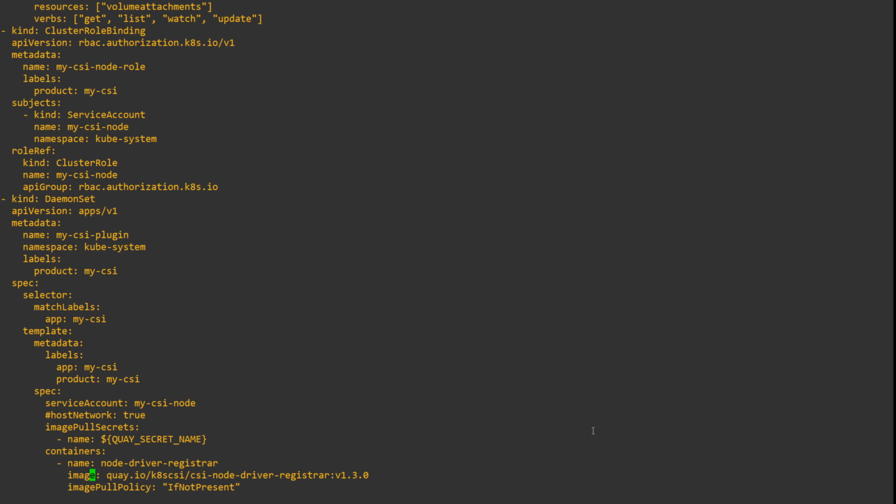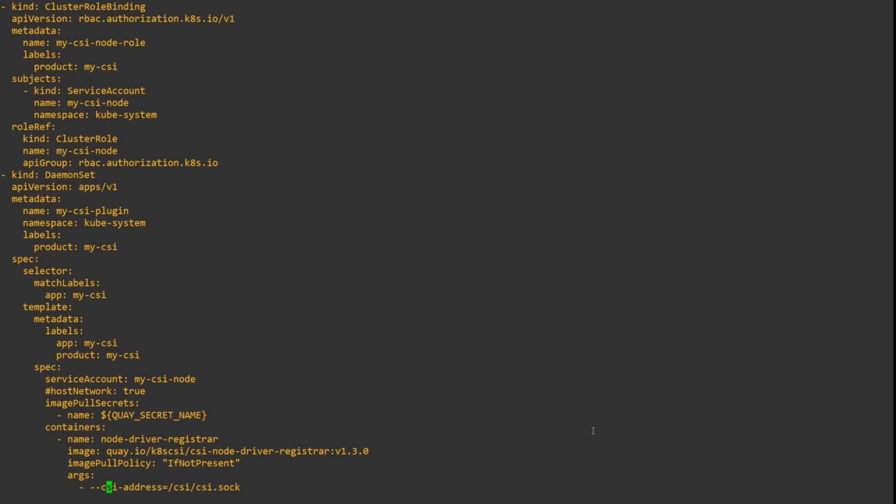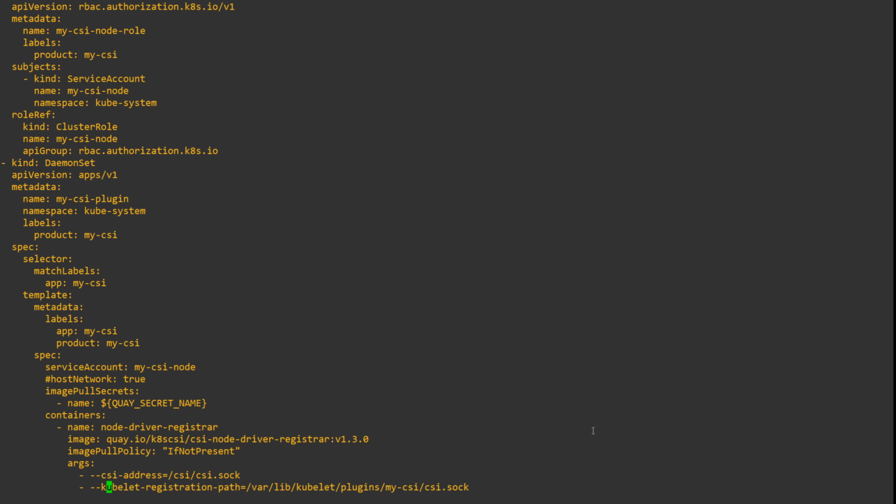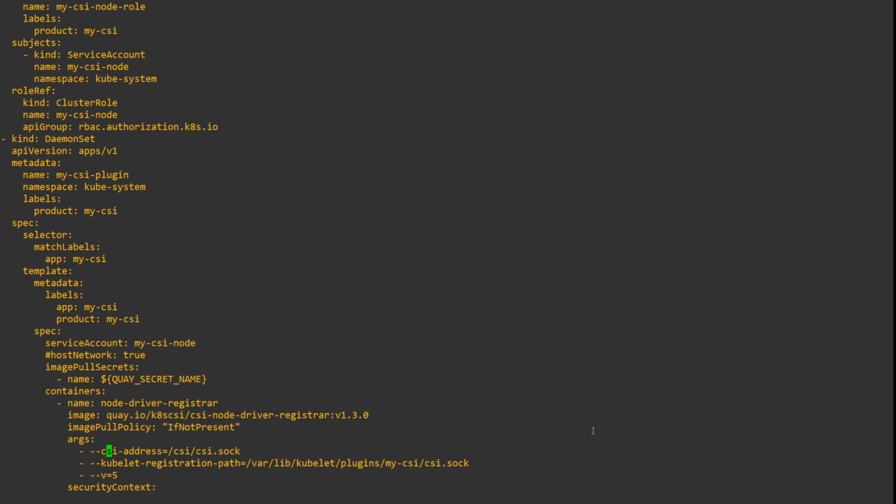One is the node driver registrar, and this is another sidecar, and this sidecar is Quay.io K8 SCSI CSI node driver registrar version 1.3.0, and this is what is responsible for registering this driver to the CSI, and it takes these parameters: CSI address and kubelet registration path,